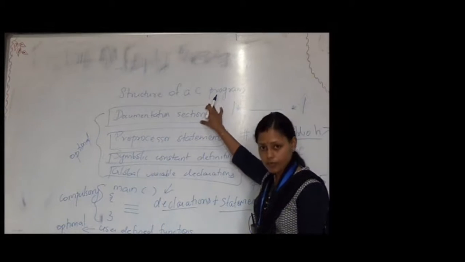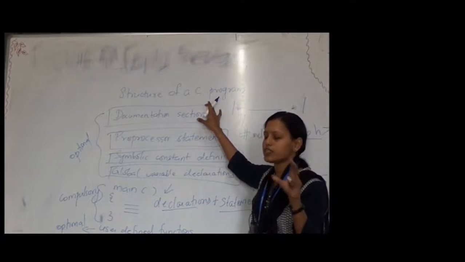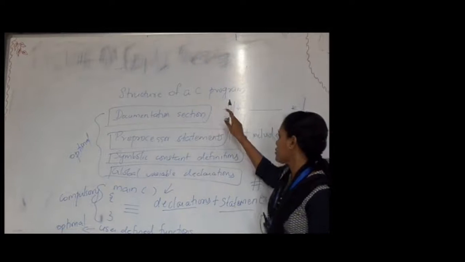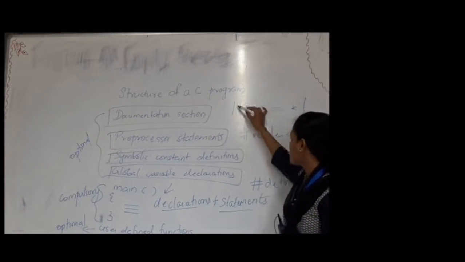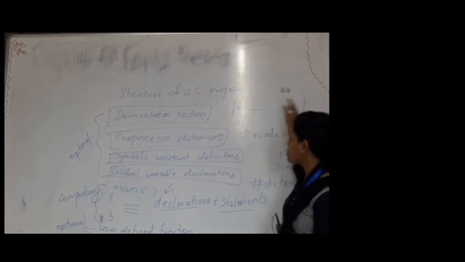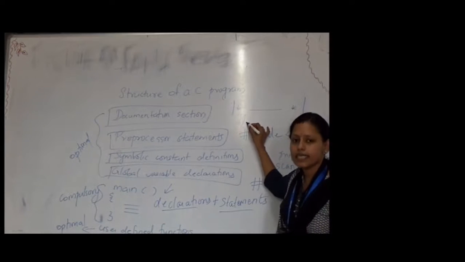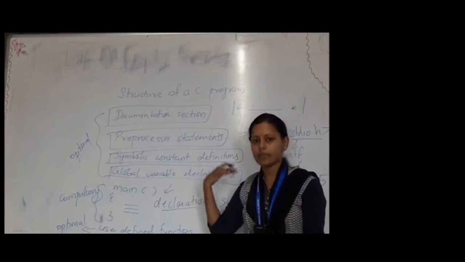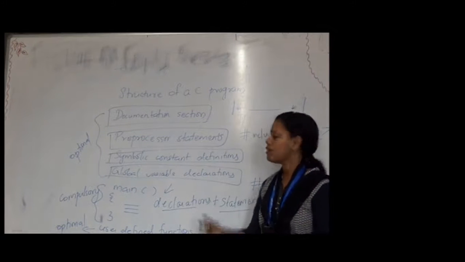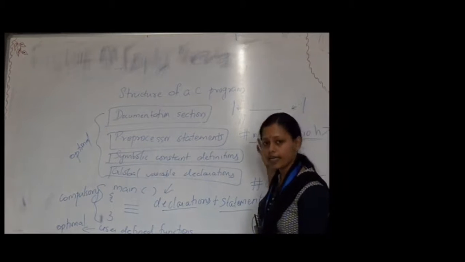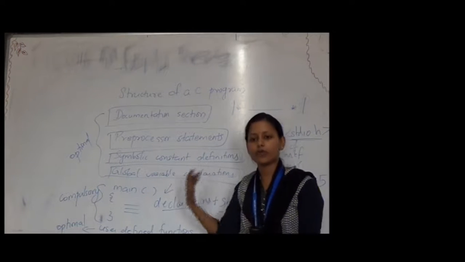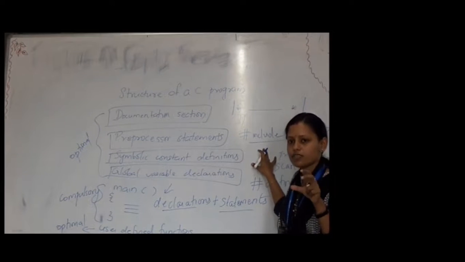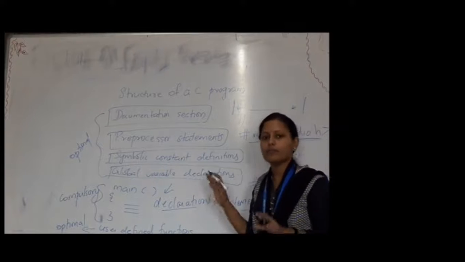So we have the documentation section which contains general information about the program like author, date of creation, logical aspect, etc. These documentation lines will be enclosed within comment lines, which can be multiple comment lines or a single comment line. Followed by that we have the preprocessor directives which will be processed before the actual compilation takes place. They will contain statements like hash include stdio.h, hash include conio.h, etc., the purpose of which is to include the library functions contained in these files into our C program.